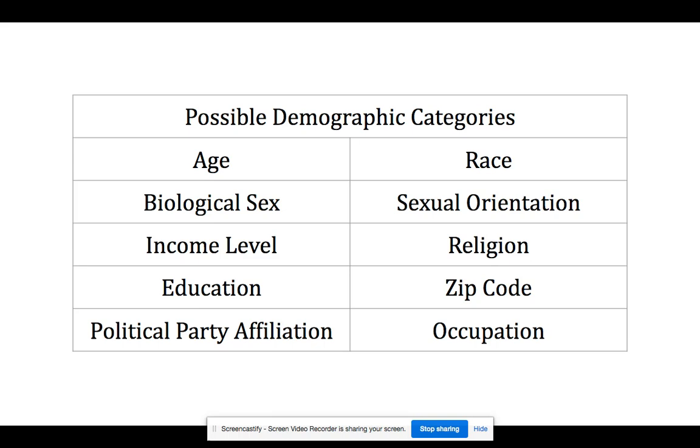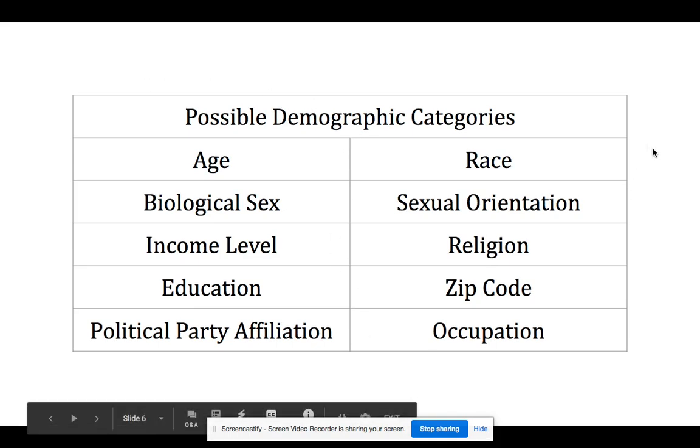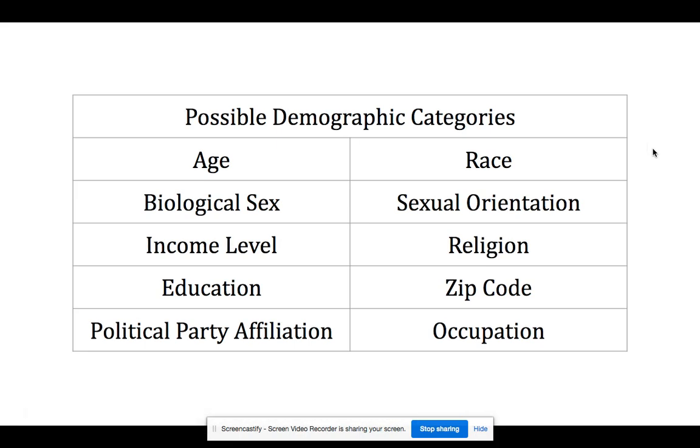You'll see that these, for the most part, are fact based. So, like your income level, that is a fact. Your education, like, okay, what degrees do you have? That is a fact. Your age, that is a fact. But a stereotype would be like the dumb jocks thing I mentioned earlier, or like, oh, all blondes are dumb. Those would be stereotypes. And those we use to isolate and to alienate, but we use demographics to understand how our audience needs to be catered to, how we can speak to them in a way that they are going to appreciate and understand. And so they're very helpful for us as speech writers.